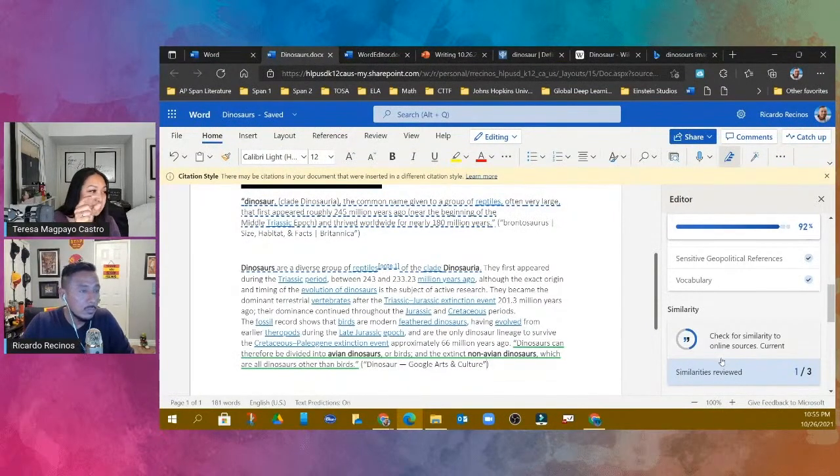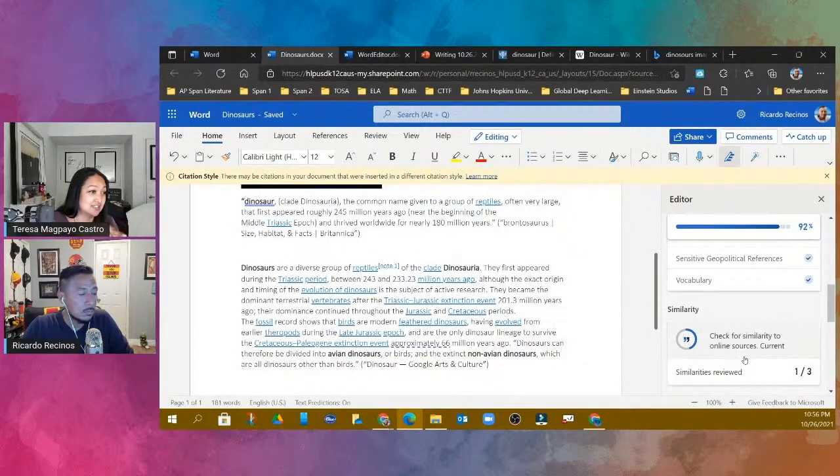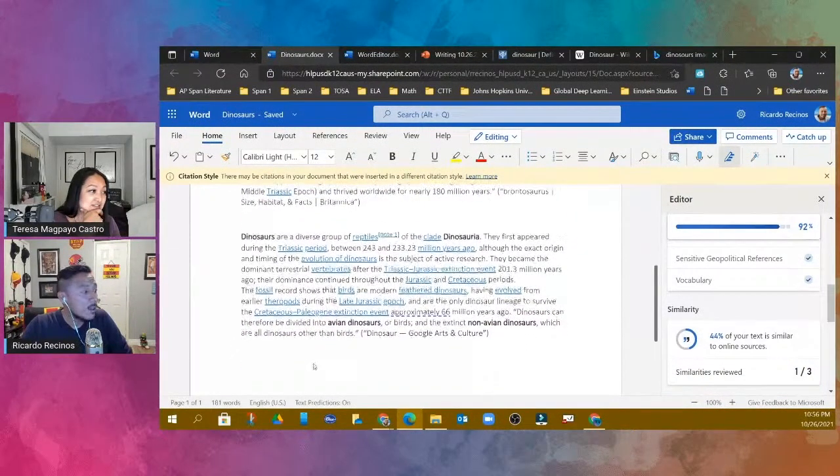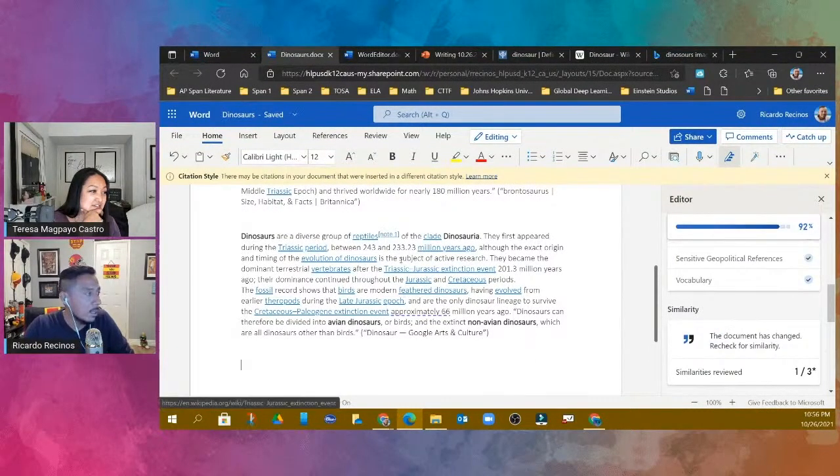You know how Google can also do the works cited at the bottom? Can you also do it here? The bibliography? Yes. So you could. So I could come in here and I can come down here and I can go ahead and go to one of our problems that we had.